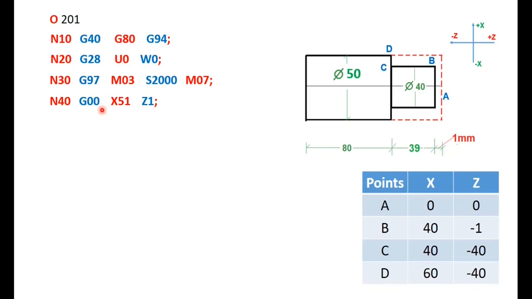So I have to move the first tool to X51 and Z1. So where is the X51? Maybe somewhere at this corner, slightly above this one, and at 1 mm this side. So I can say at this point. Okay. Then what I do is I will move the tool to Z minus 1, slightly inside this one. And then I will give a feed of minus 80 and move to X0. So I have given a 1 mm cut. I will go on moving like this.